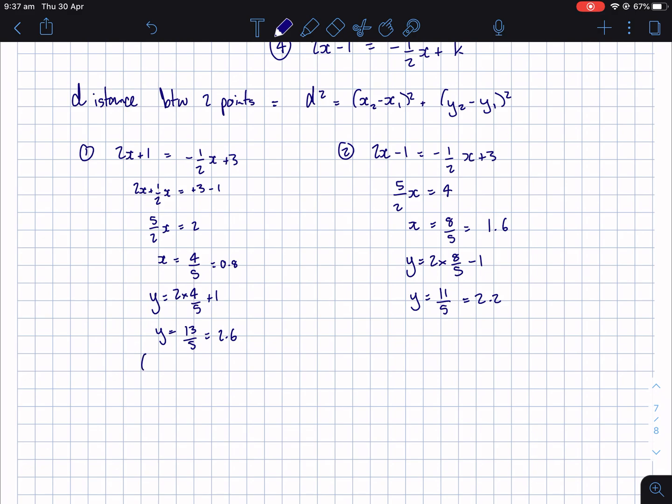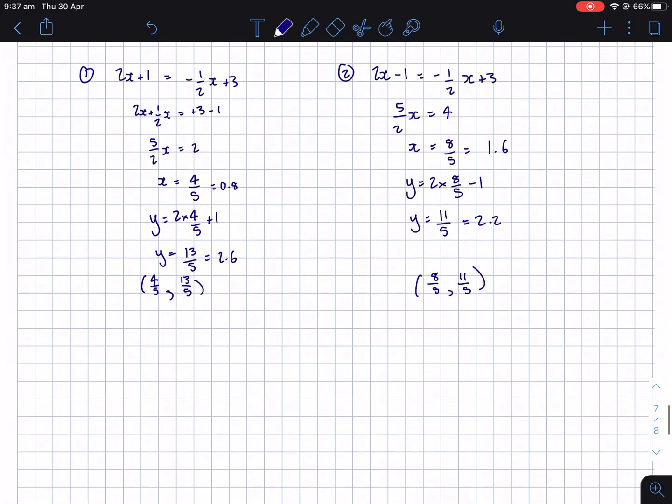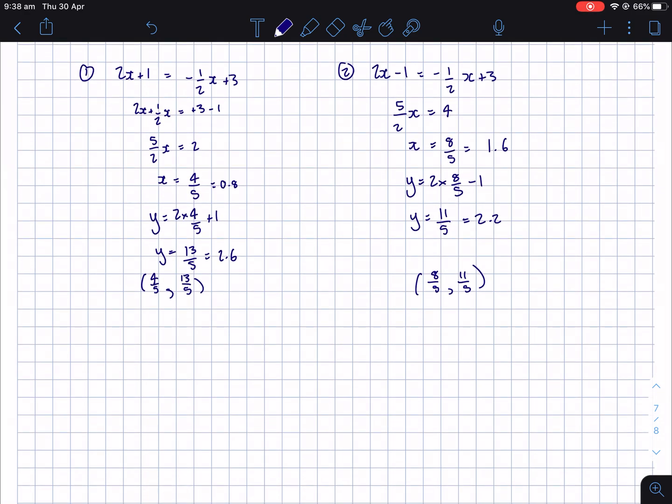So this one was the point, I'm going to keep it as fractions, 4 on 5, comma 13 on 5. This one is the point 8 on 5, comma 11 on 5. Let's keep going. Oh, and the distance between these points